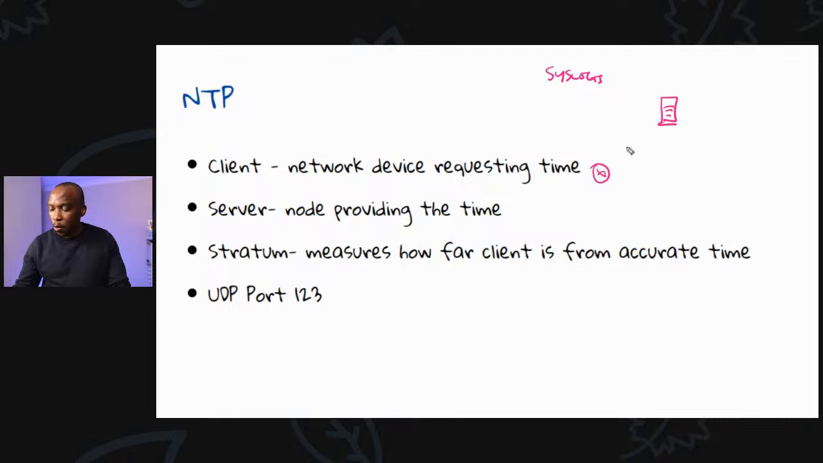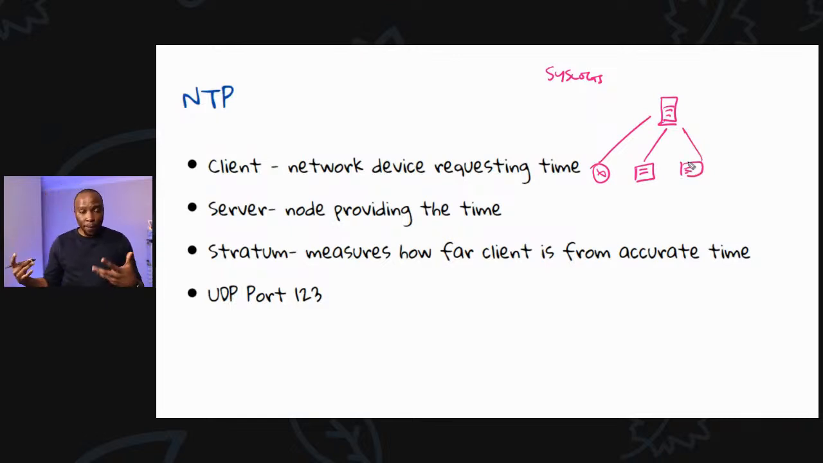So all your routers and your switches will then talk to the NTP server, and then they'll get their time from there. Very important. 3 things that you need to know about an NTP server. A client is the device that's requesting the time from the NTP server. So in our case, our router will be a client, our switch will be a client. Servers can also be clients. And then the server is the node that is providing the time. So this would be our NTP server, and these would be the NTP